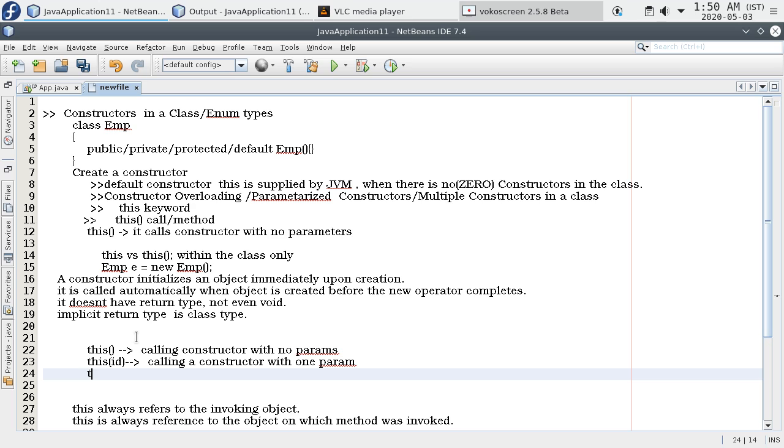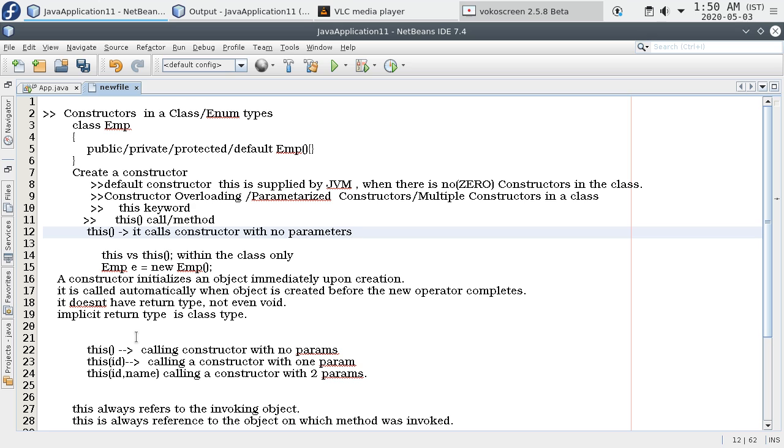Okay, this id name calling a constructor with two params. Right? This is the syntax.